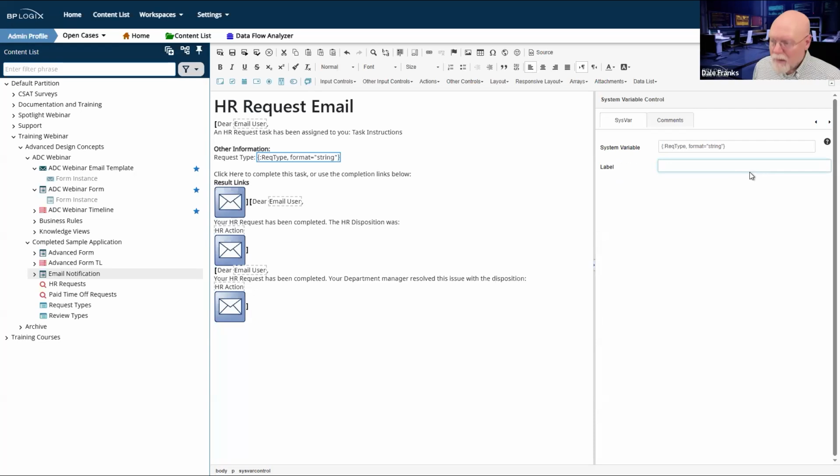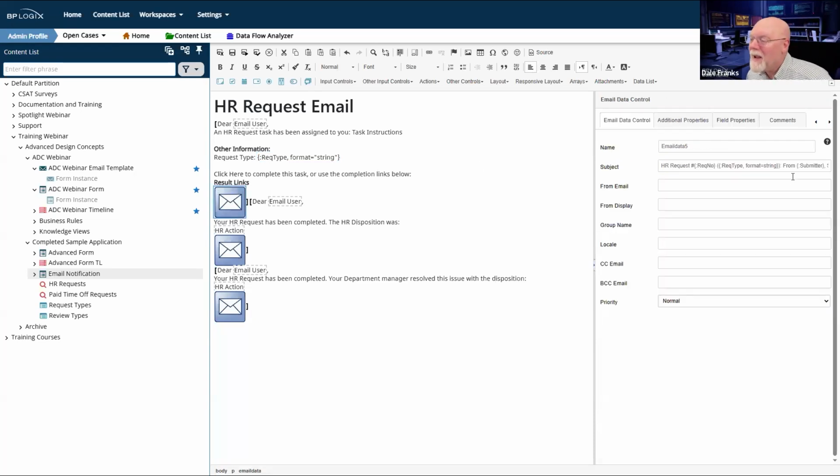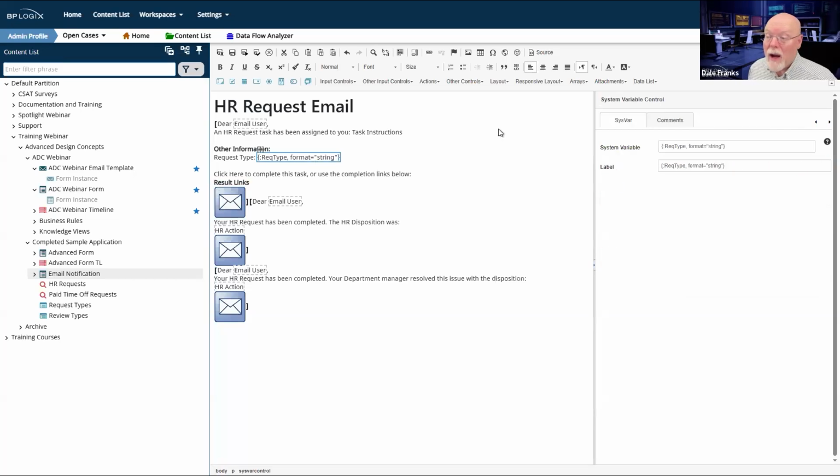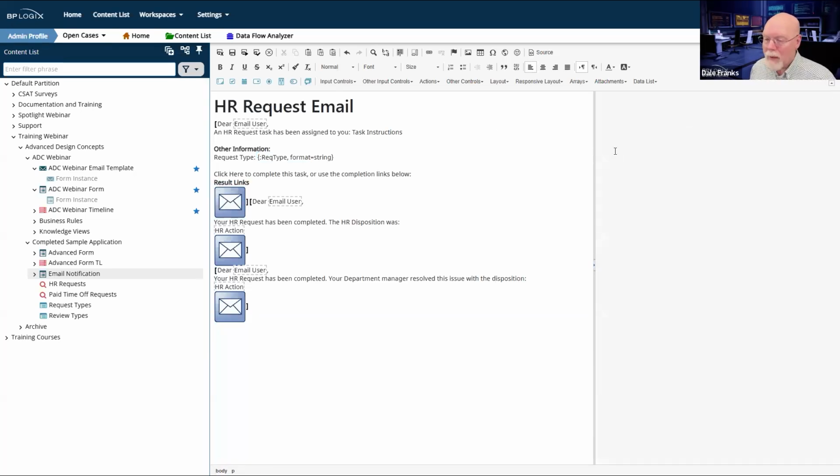Actually, I do have that here. It is, yes, it is rec type format equals string. So I was correct. The quotes that I put around string are strictly speaking not necessary, so I don't actually need to have them there. This works just fine.